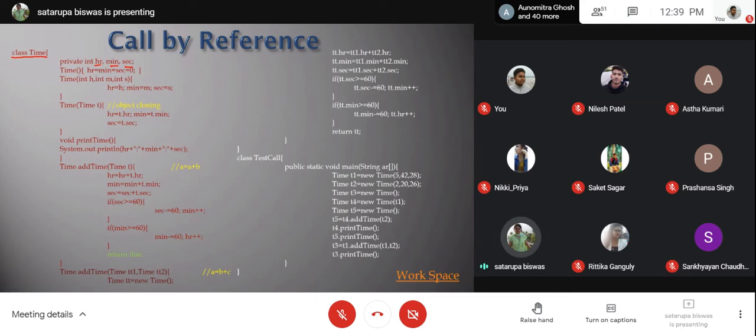See, the first constructor is a non-parameterized constructor, and it initializes the hour, minute, and second to 0. All the hour, minute, and second values will be initialized to 0 if we do not pass any argument through the constructor. So that is the first constructor we have. The second constructor is a Time constructor which takes three integer values, and they will initialize the hour, minute, and second instance variables. So two versions we have here.